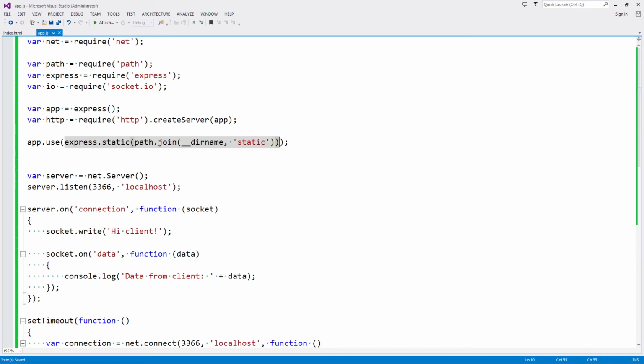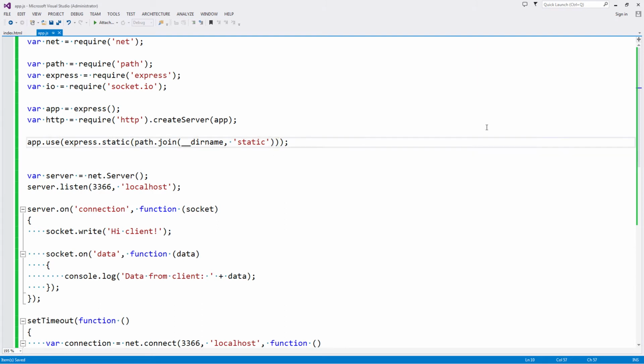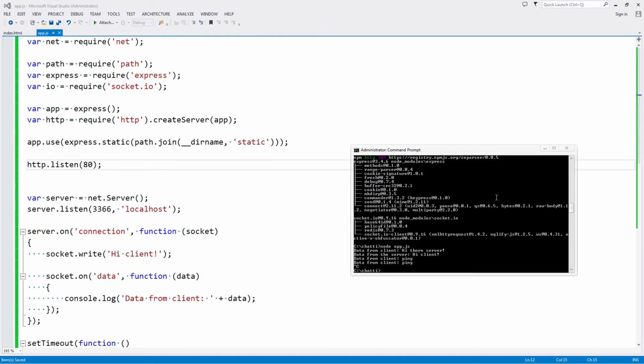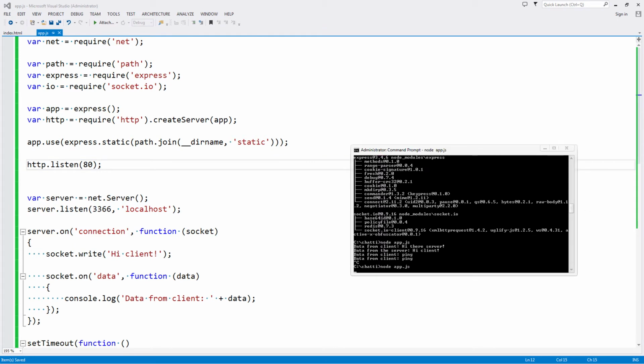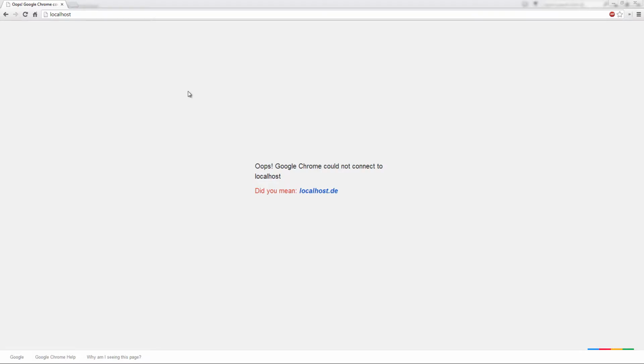And one thing I forgot is to actually make this thing listen. So you just come over here, say HTTP listen, listen to a specific port. Let's just say 80. Then you just start the application, say node app.js,